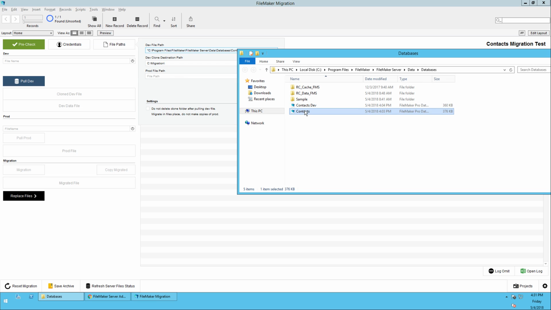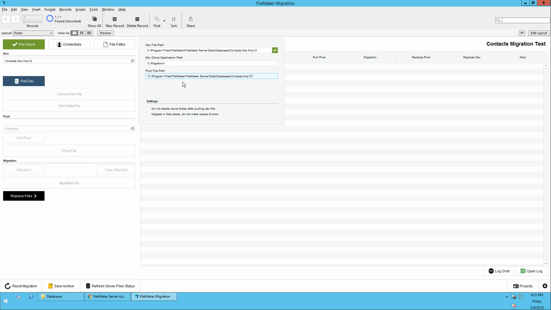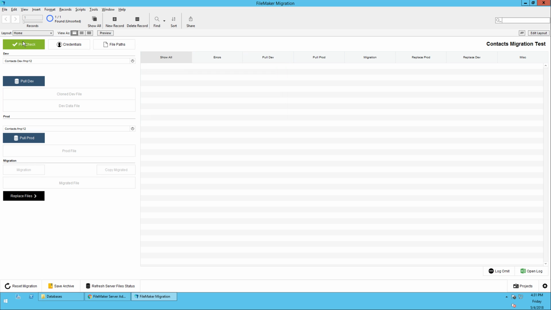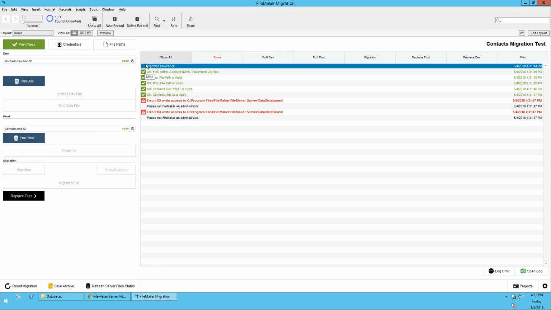If you're wondering, you can't just right click and grab the path. You have to hold down Shift and then click, and there it is. Don't ask me why that's the case. So now we have dev, production, and we're going to do a pre-check here. And this is showing that we do not have admin rights because we did not run FileMaker as